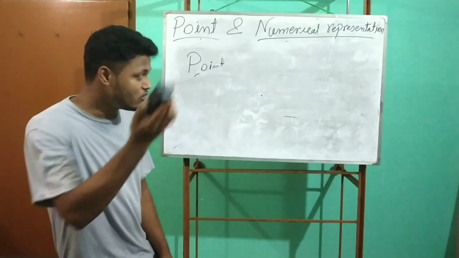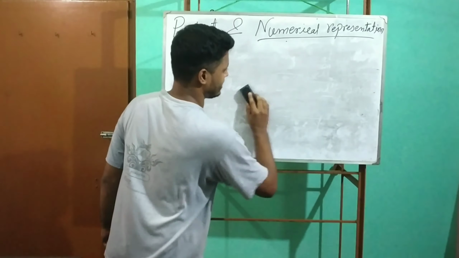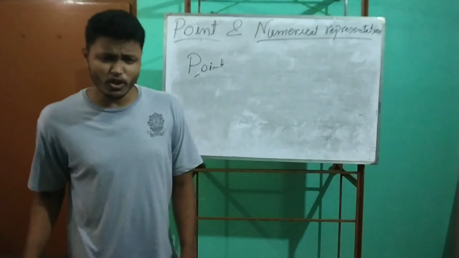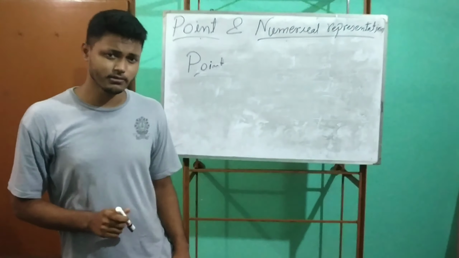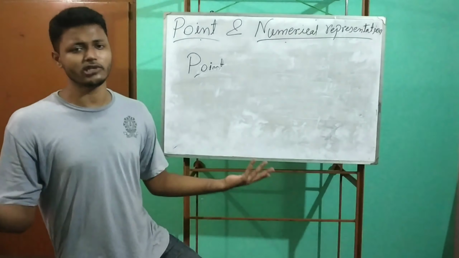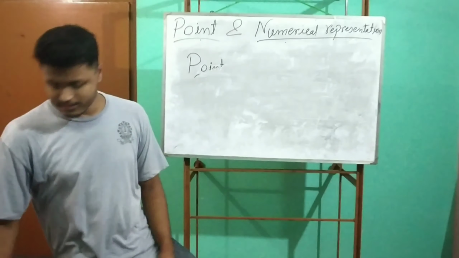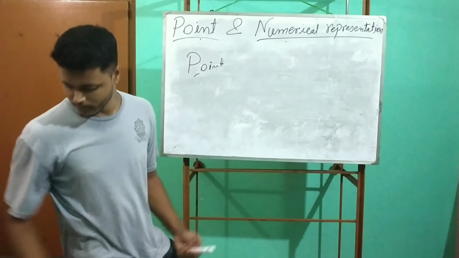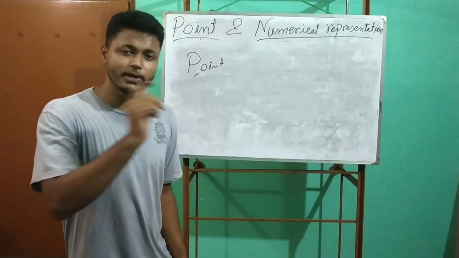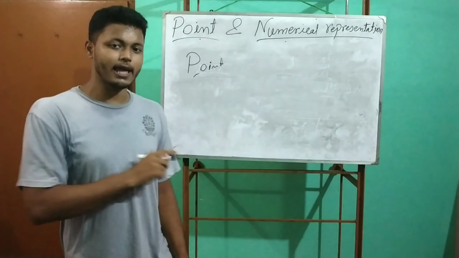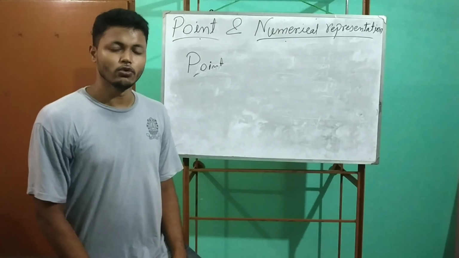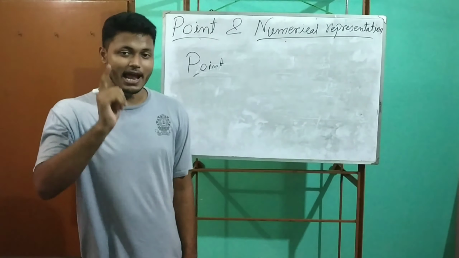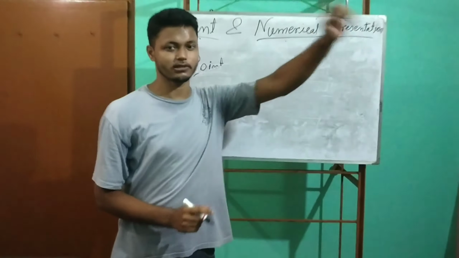Look, one thing, the numerical entity has a character. So when we present any location, it might be any dimensional location. Like that apple is a representative of a three-dimensional location. So when we represent any location with numerical entity, then we can do calculation, we can do mathematical analysis. So that is the advantage of numerical representation.